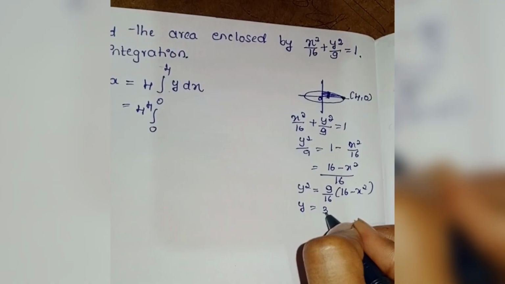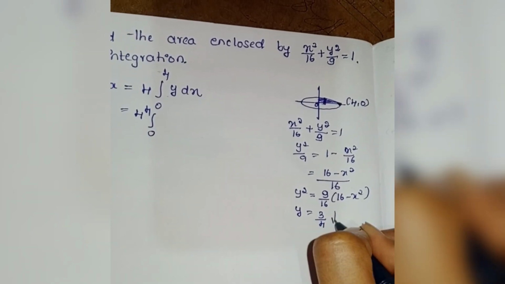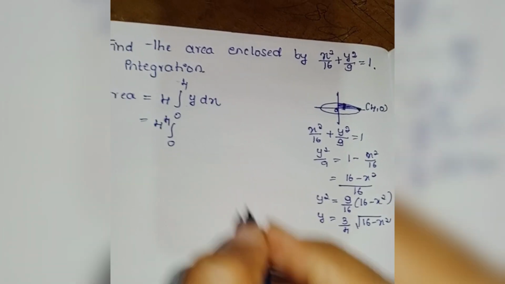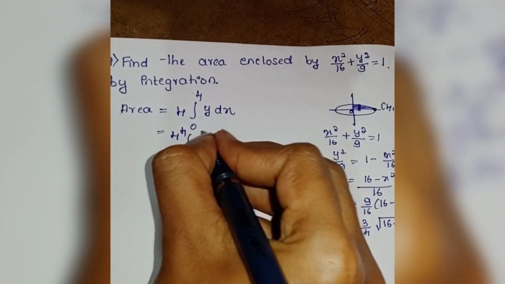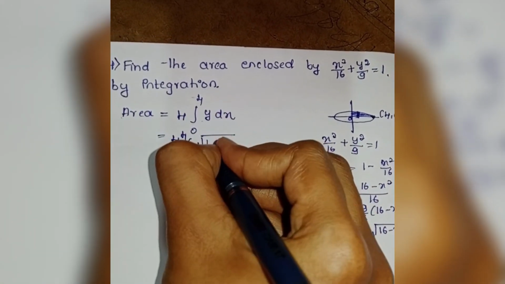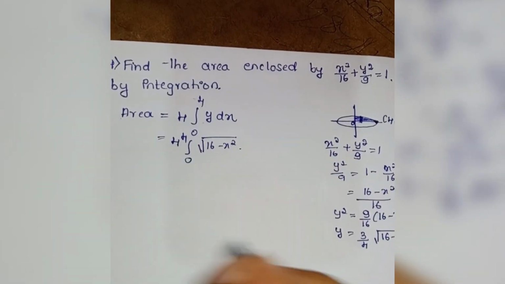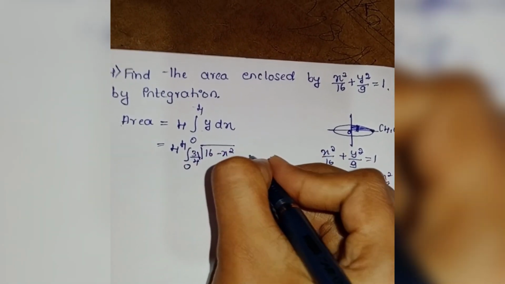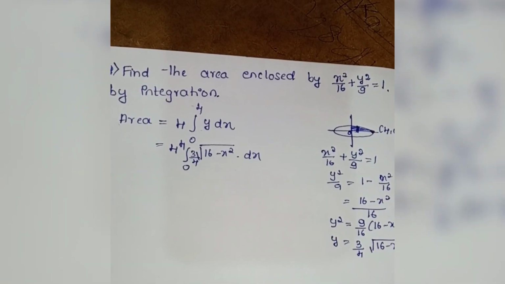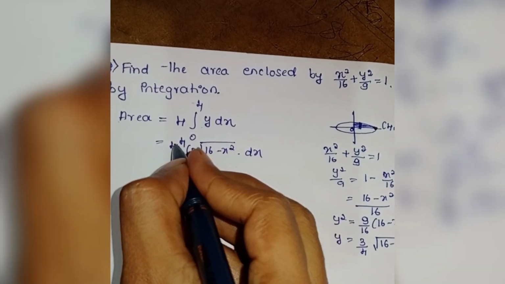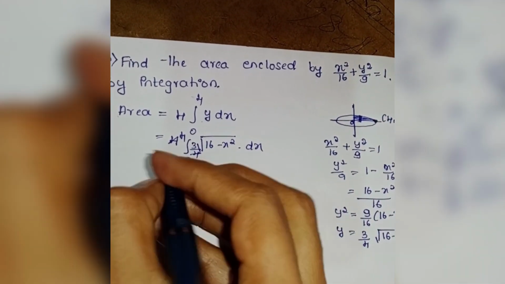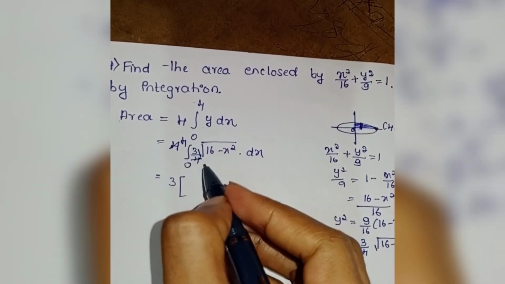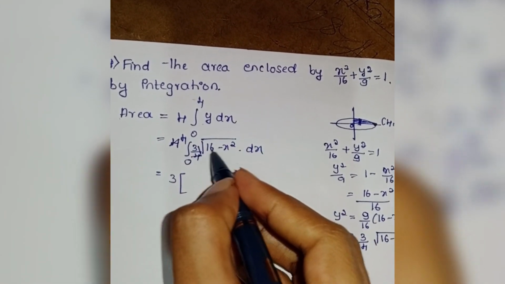Square root of 9 is 3 divided by 4 into root of 16 minus x square, right? Substitute here square root of 16 minus x square into 3 by 4 dx. Correct, right? 4, 4 get cancelled, which is equal to 3 times